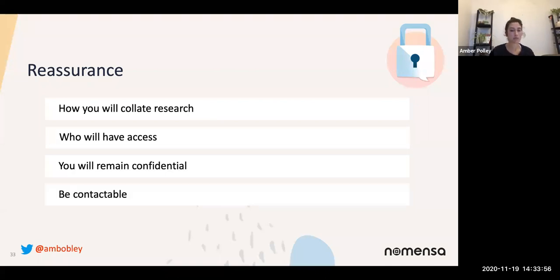And at the end of the day, you need to be contactable. It doesn't have to be you, but either who you're researching with, your client, or who they've been in contact with. Someone needs to be contactable for these participants so that if they've got any issues or concerns or questions after the research, they can have them answered and reassured. Because it's not just a case of saying, right, we're done, this session's over, you're okay to leave. You still need to be giving that support, whoever that may be, to these participants afterwards too.